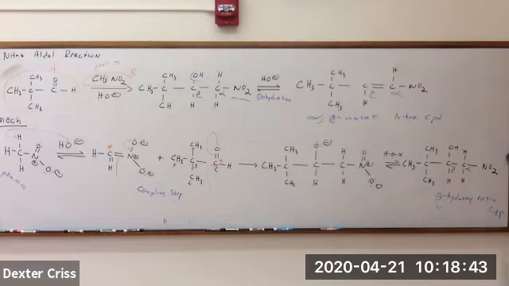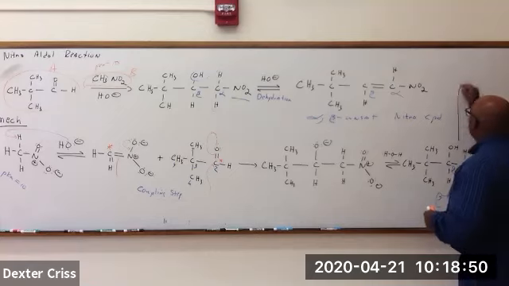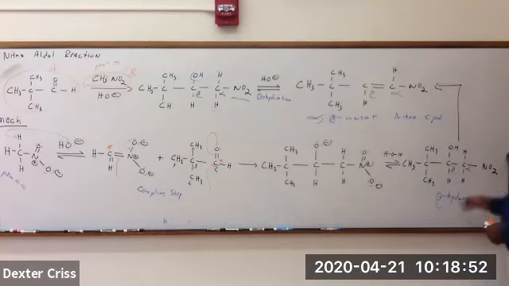And then of course it's spontaneous. At this point, I'm just taking some shortcuts because I don't have much space here. It's spontaneous because we're under basic conditions, once again, because